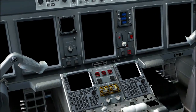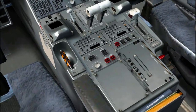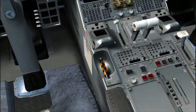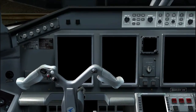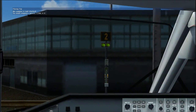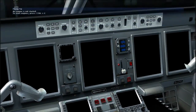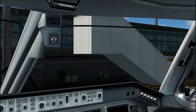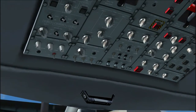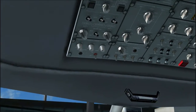It says down there at the bottom that we're in the 190, but the reality is we are in the 170. So this is our cockpit. After I did my last tutorial, a few of you said the frames weren't too good, which is fair enough, because what I was using was a hat switch on my joystick, which to be honest with you wasn't too realistic. Anyway, we'll go straight ahead and I'll show you how to set up the aircraft from cold and